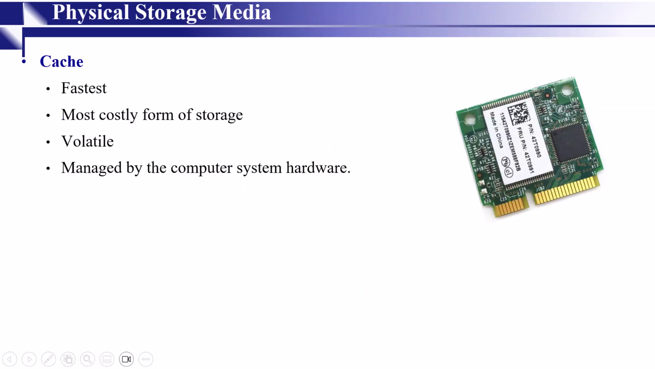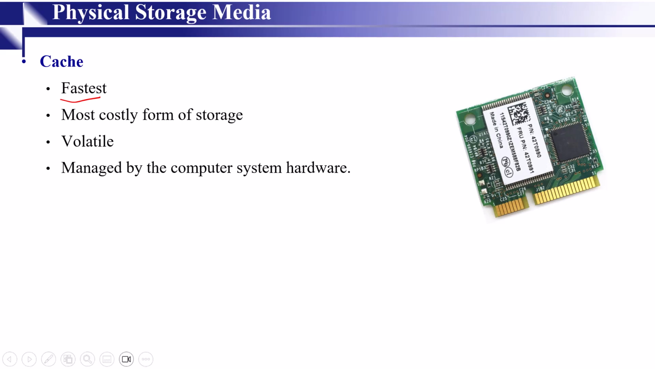So let's check them one by one. The first one is cache. Cache memory is the fastest and most expensive form of storage. This cache is very close to the CPU because it can provide information to the CPU very fast, but the storage is very small. It's volatile, which means it loses data when power is off, and it is managed directly by the computer's hardware to speed up